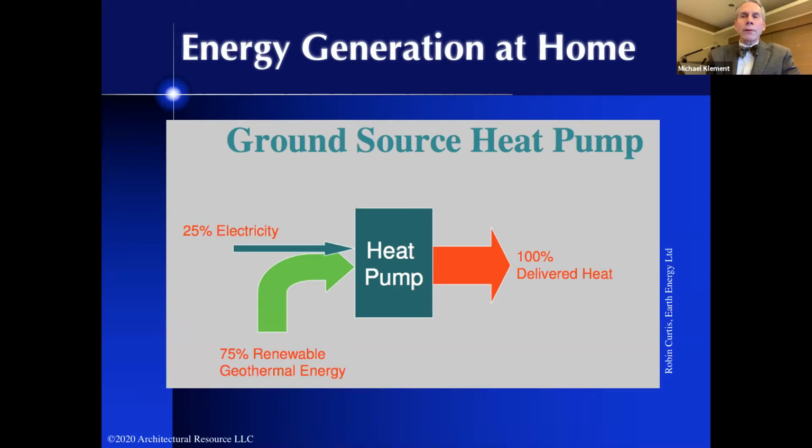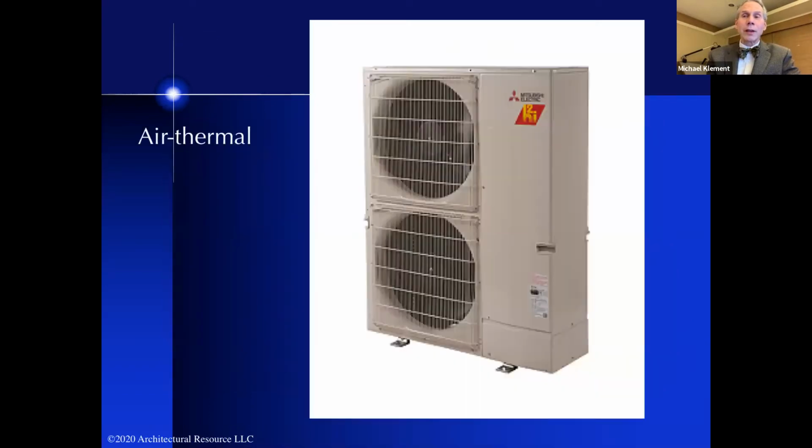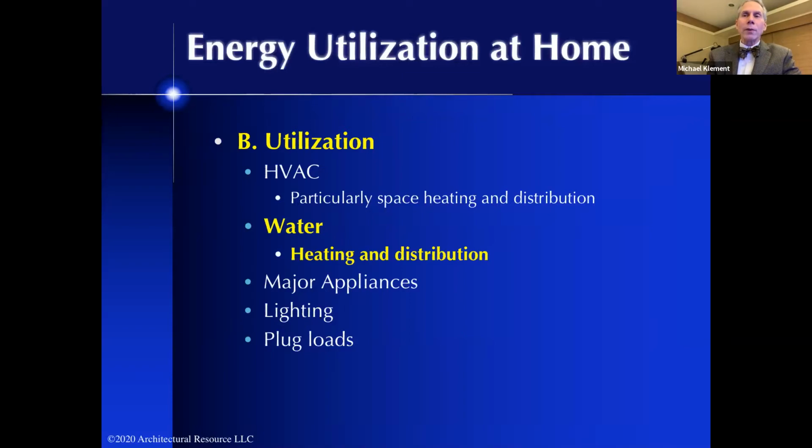That means we have roughly a 400% efficiency ratio, and that compares to the 90 to 98% efficiency ratio that we get from a gas unit. We are now moving into a super effective air source heat pump. So we talked about geothermal, which is ground source heat pump. And now we're moving into an era where air source heat pumps are actually able to generate high efficiencies in terms of energy extraction from the air down to minus 12 degrees. So this is a system that we're seeing that's taking a lot of great strides in the high performance home